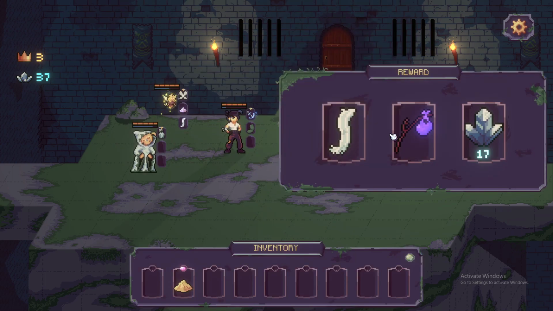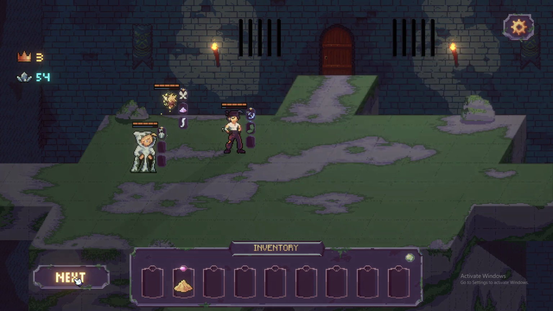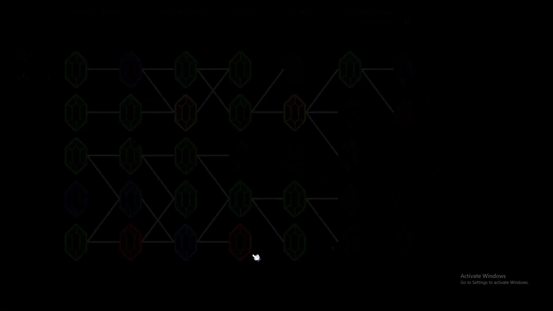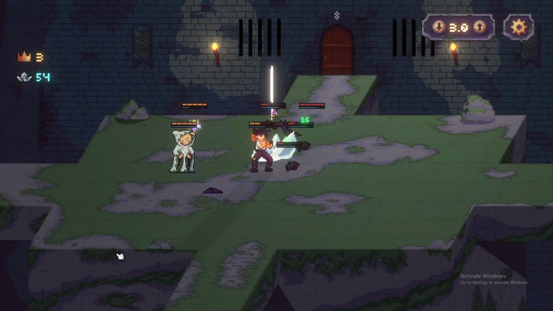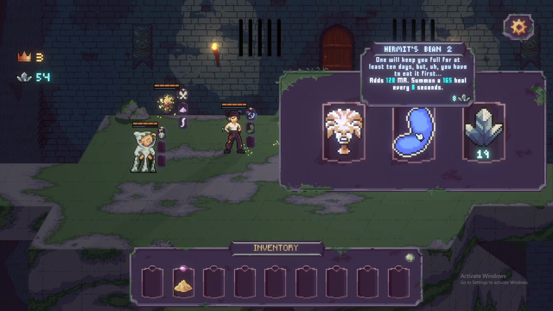If I pick up a lot of crystals, I'll get a 4th probably. Oh, another white hair. I'm gonna pass on the Brenda level 2 again. I really shouldn't. I really should have picked it up for later in the game. Alright, so I can do 2 more before I have to go to the treasure room. Wow, Hermit's Bean level 2. This is a lot better than